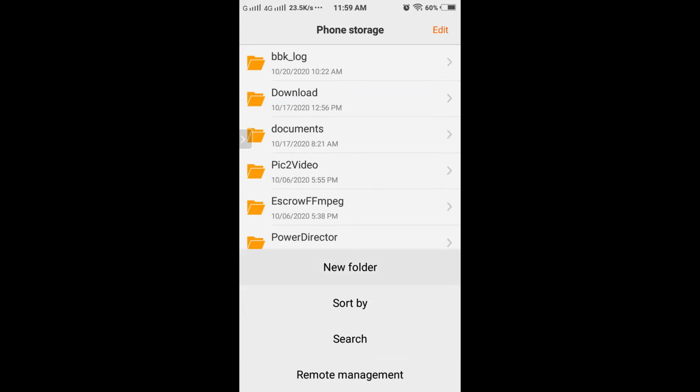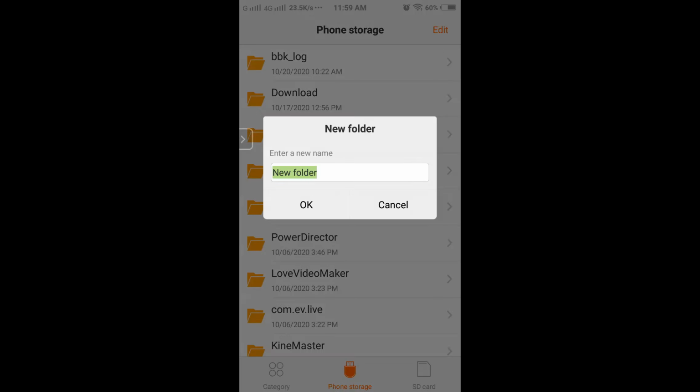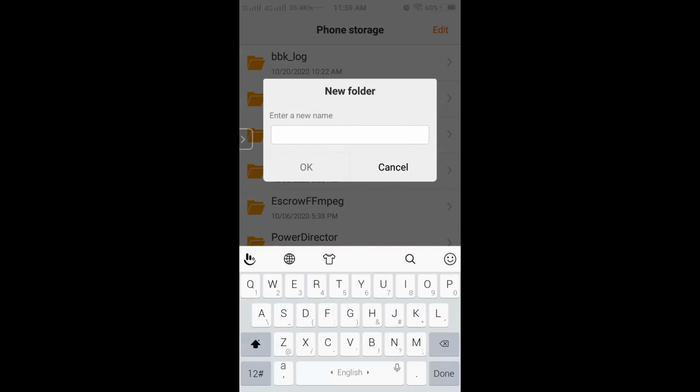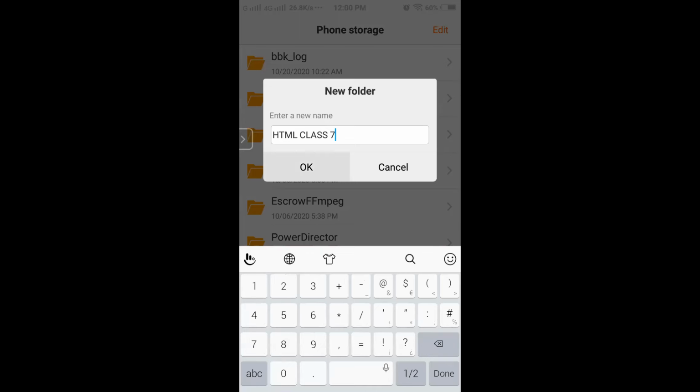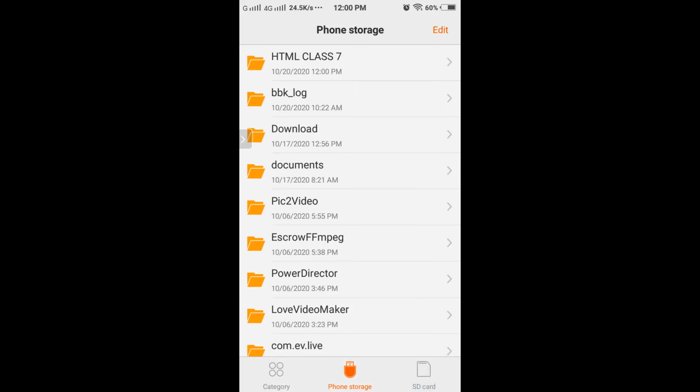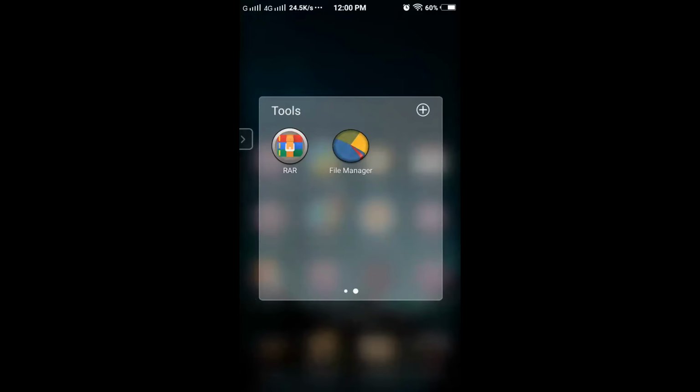You can create a new folder. I'm naming it HTML class 7. Okay, this is in phone storage. I have created this folder. Okay, now let's go back to the application again.